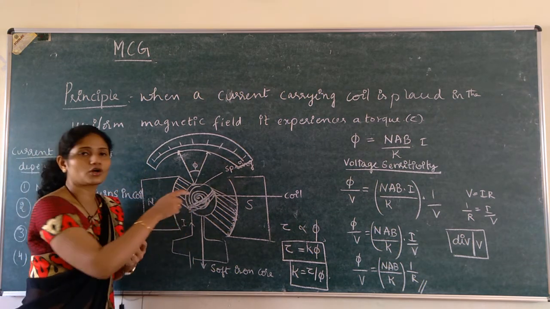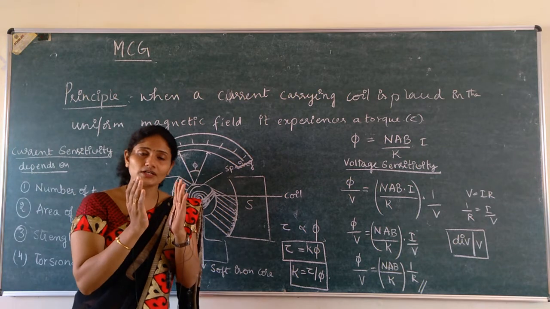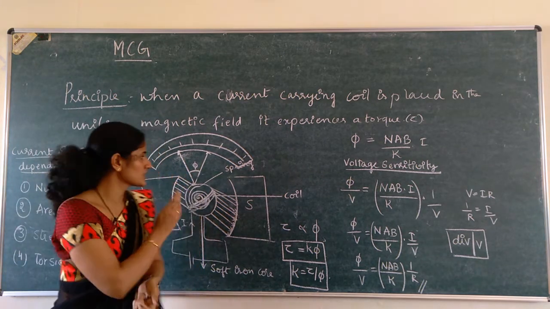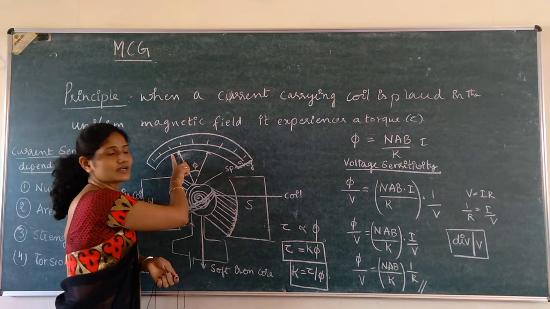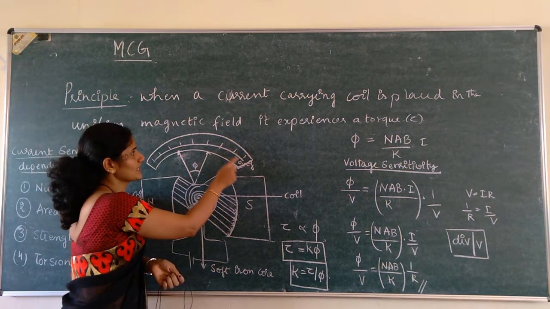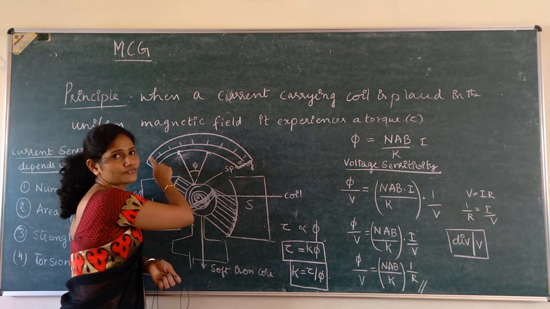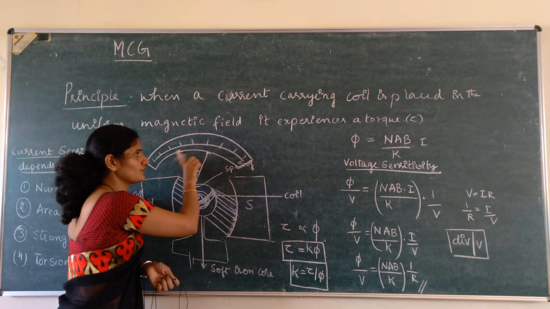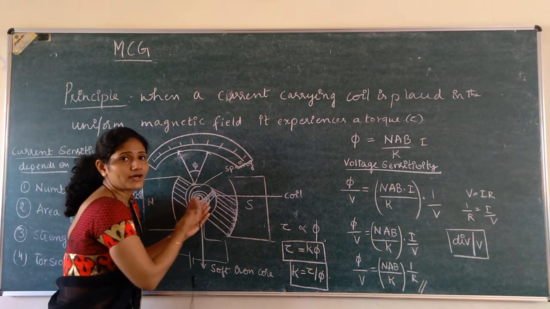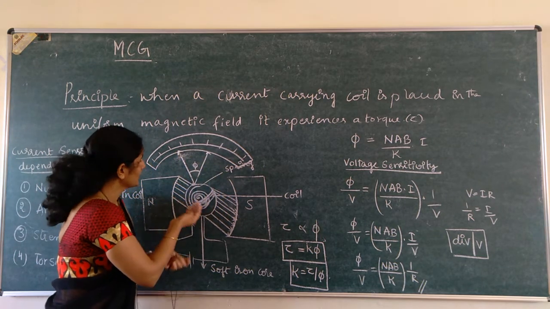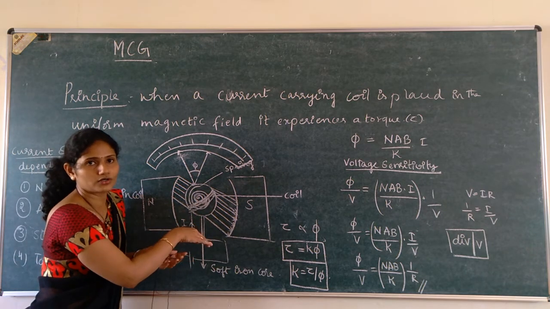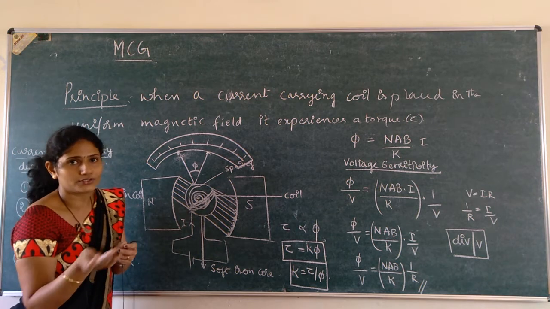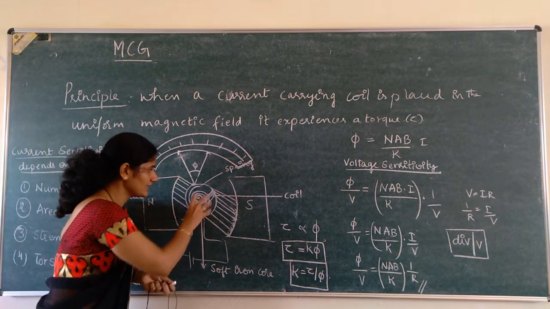When current flows through the coil, due to the torque, the coil will rotate. When the coil rotates, the galvanometer shows deflection. So this is the scale which shows the value of current or voltage. So this is a needle. So this needle shows deflection when the coil rotates. In order to have a steady angular deflection, we need a counter torque, and the counter torque is given by this spring,